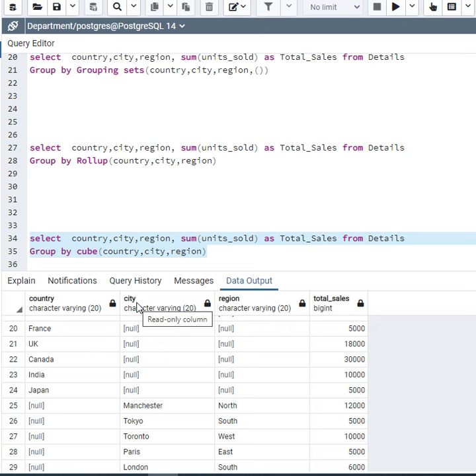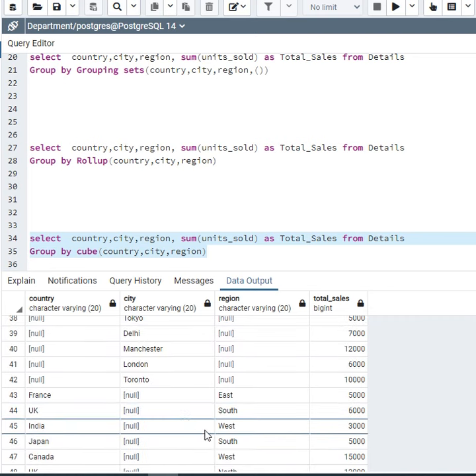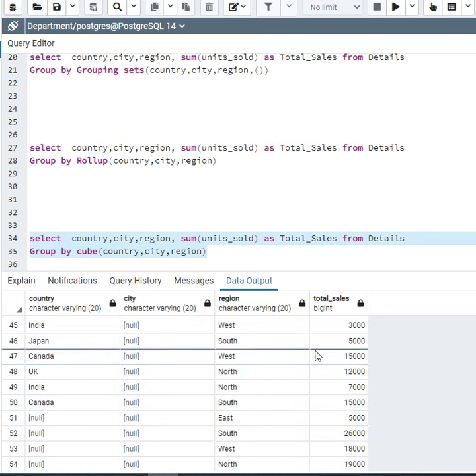If I group city and region, it shows me the total sales, and it shows me only city wise total sales, and with the group of country and region it shows me total sales.